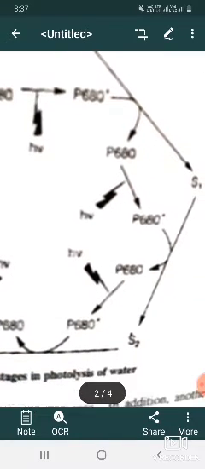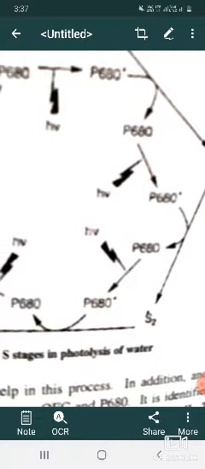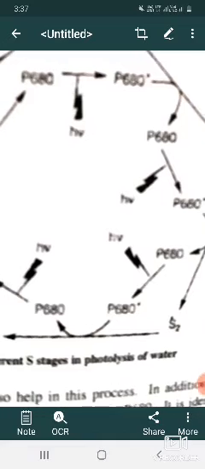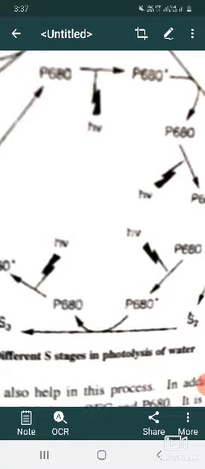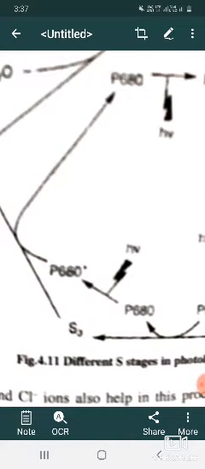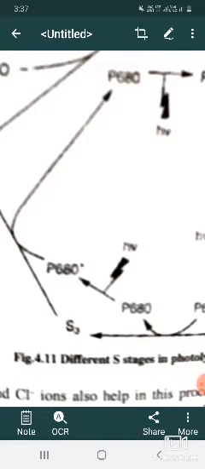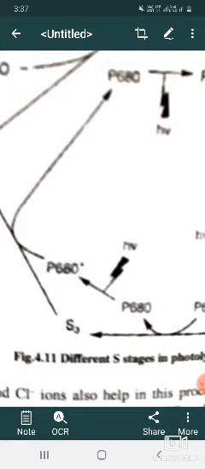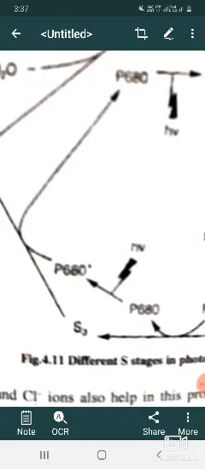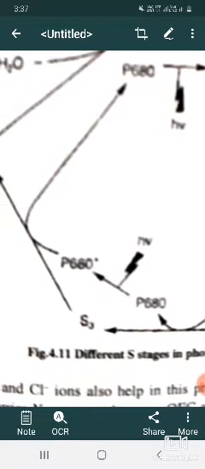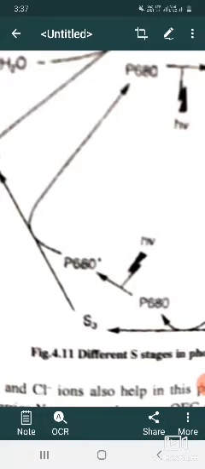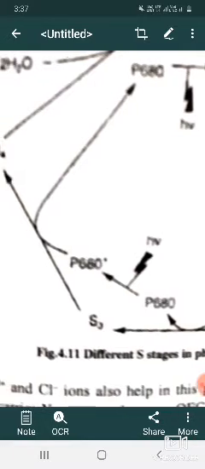Then similarly during the stages S1 to S2, S2 to S3, S3 to S4, one electron each is released, so that due to the release of 4 electrons, 4 positive charges